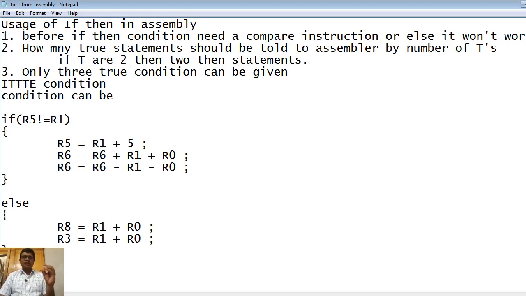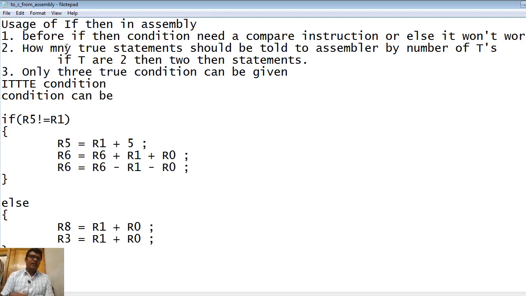In if then, if the condition is true, it is going to enter the true condition and be executed once. If the condition is false, it is going to enter the false condition and execute that respective instruction for only one time. So this is one time execution, and the for loop is going to be executed repeatedly.